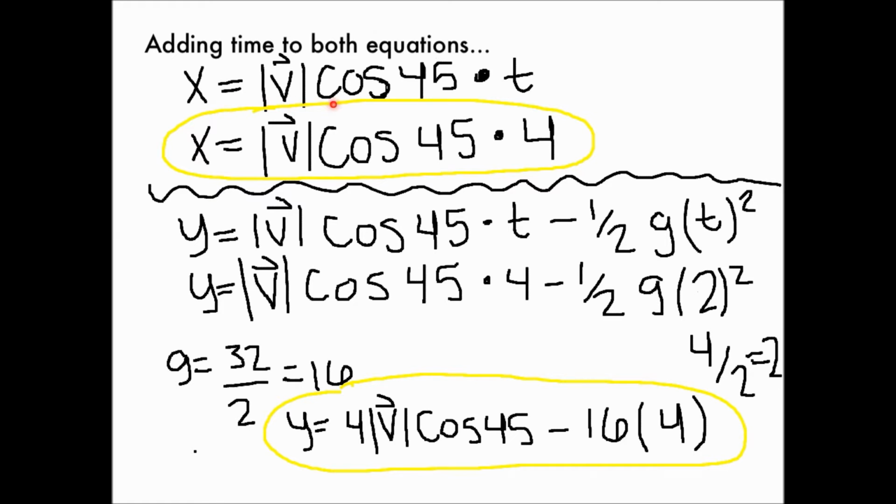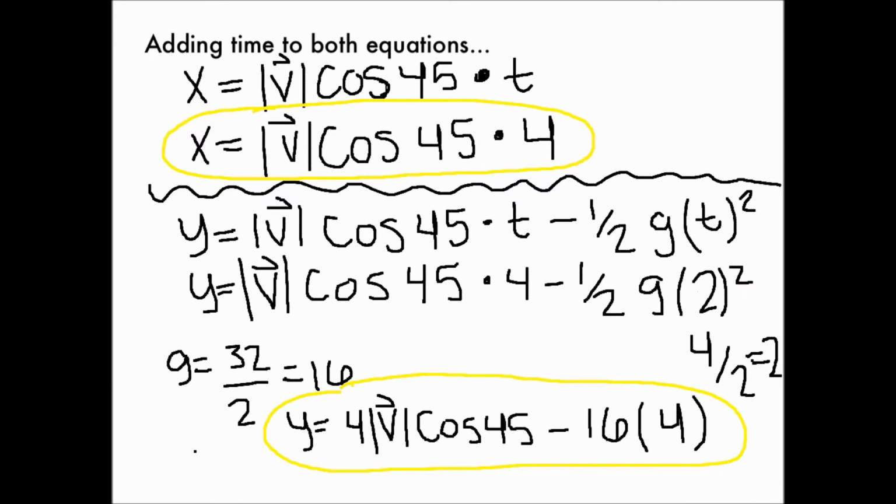Now it's time to add time to both of the equations. X is going to equal velocity cosine 45 times time, so then we plug 4 in for t, and we get x equal to velocity cosine 45 times 4. For the vertical axis, we need to plug in 4 for time again, and then we're going to try to find the max height using this equation. So y is going to equal velocity sine 45 times t minus half gravity t squared. So now we plug in the numbers. Y is going to equal velocity sine 45 times 4, which was the time, and subtract half gravity times 2